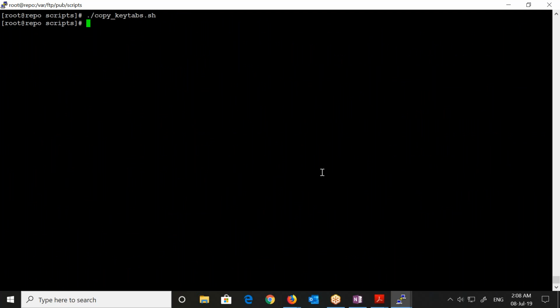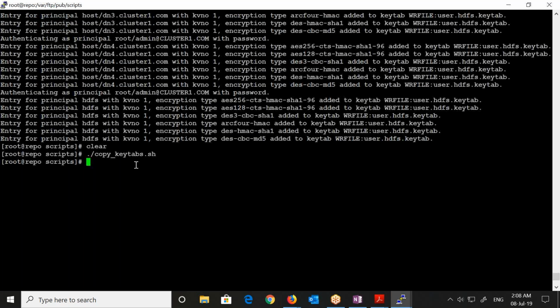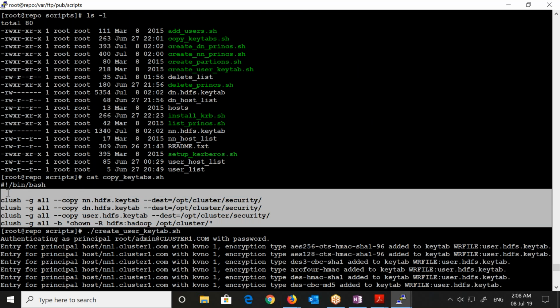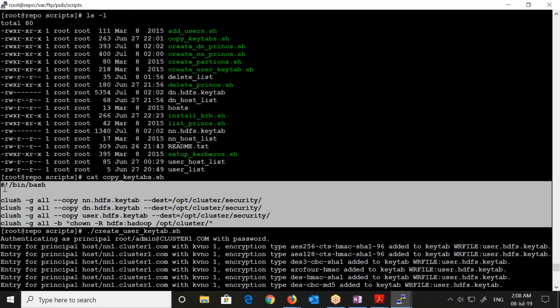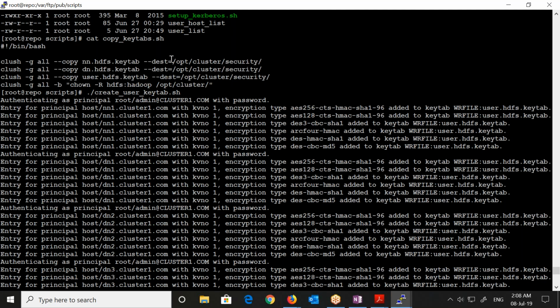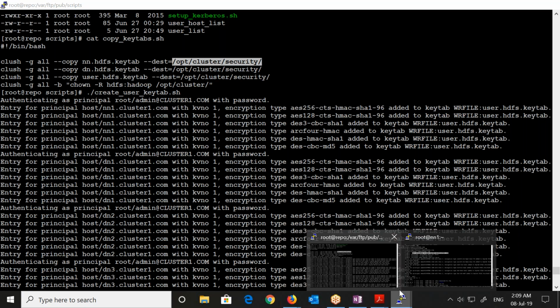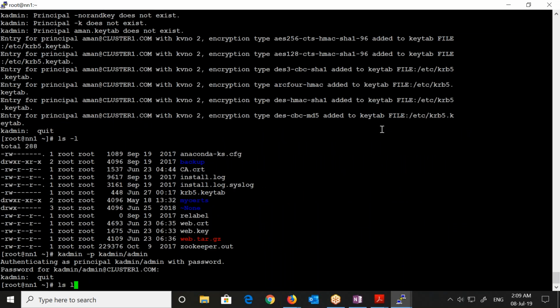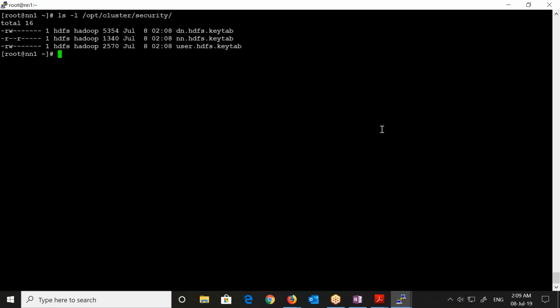Instead of doing manually, it's just a script, right? So same steps, I'm just copying it to all nodes. See the script here, it's copying to each node in the cluster. So each node will have this directory path. Let me show you here. Where I'm copying all those keytabs,